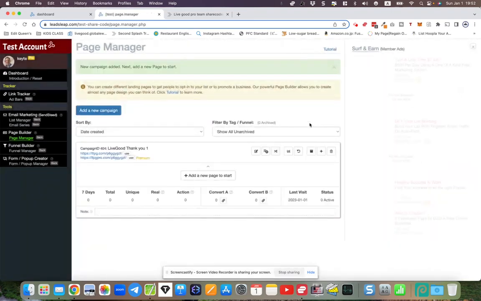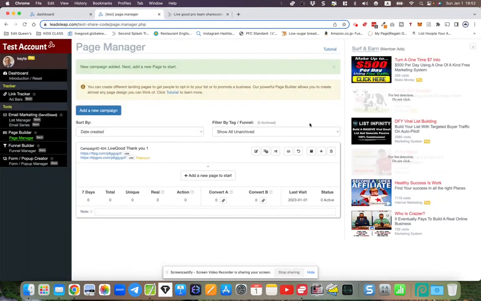Okay, so we're going to start with the thank you page. This is the redirect page, the second page that they come to. Okay,